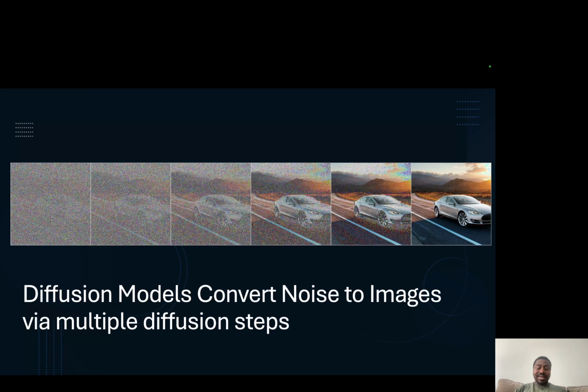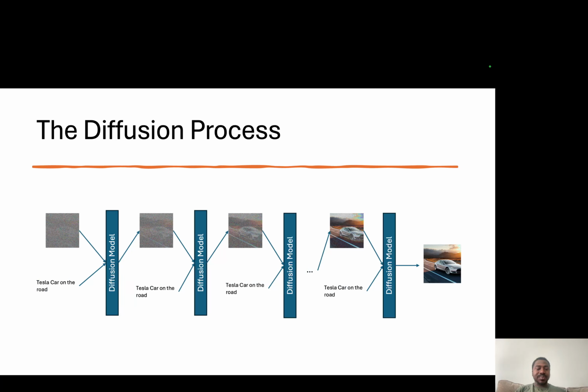And looking at this from an architectural perspective, we can think about on the left side here, we've got that blank canvas with no detail in it. And then we have a text description that says Tesla car on the road, right? That's what we want to generate. We want to generate the picture of a Tesla car on the road. And we take that blank canvas plus that text description, feed that into the diffusion model, and the diffusion model will produce a new